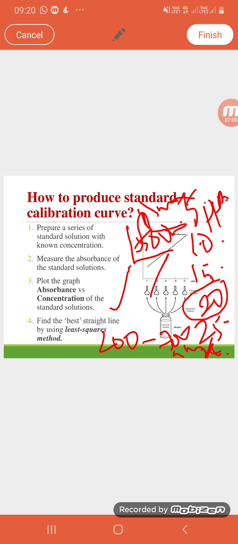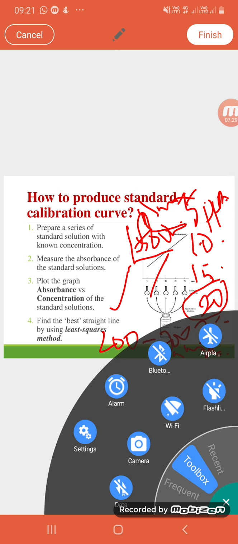And then from there, you'll find the best straight line by using the least square method. But last time, using the instrument in the lab, you don't have to plot the graph. You already have that graph calculated or plotted by the instrument. Okay, so from this, you will get the graph,